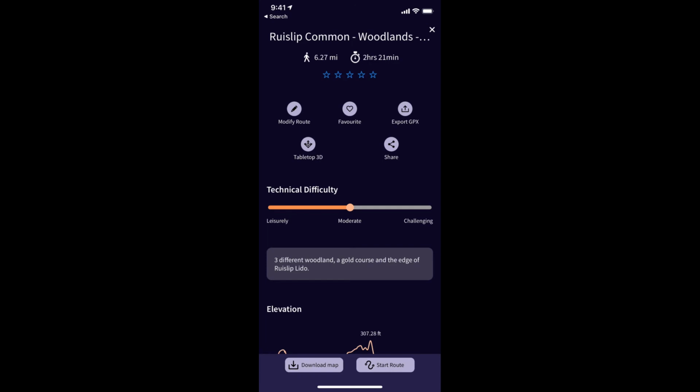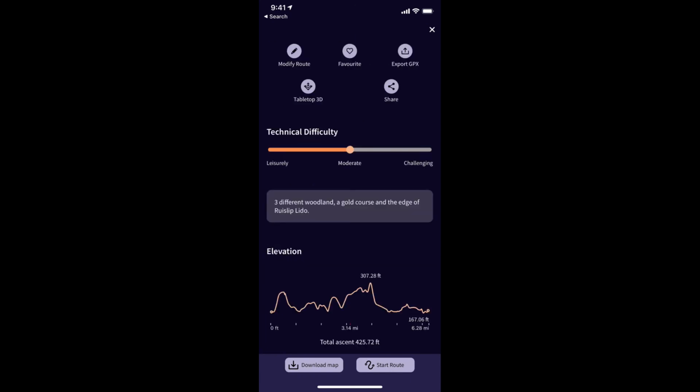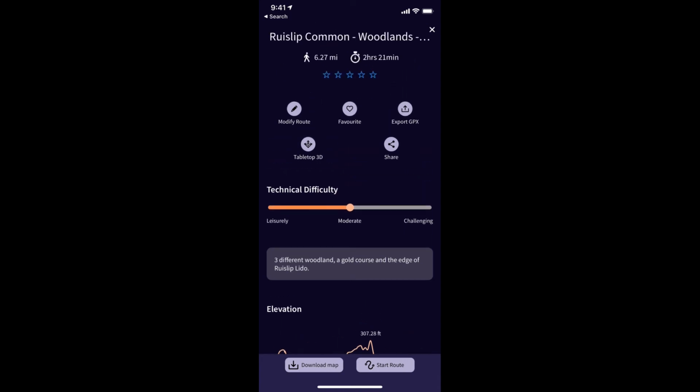You don't want to put leisurely and then somebody decides to hike it and they find it very challenging. And then we've got the elevation right below it. So it just tells you what the incline is, where the hills are, and how those are going to differentiate as we walk along. So if you're at 3.14 miles, you know the sort of elevation you'll be at. Towards the end, you know the sort of elevation you'll be at. So it just gives you a little overview of what we have created here and what we will be hiking